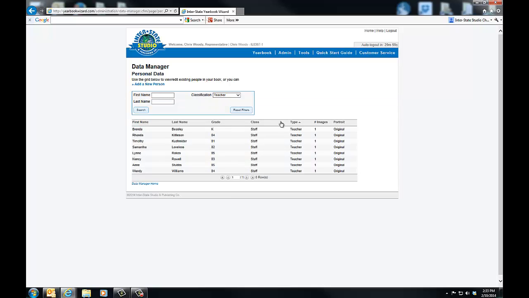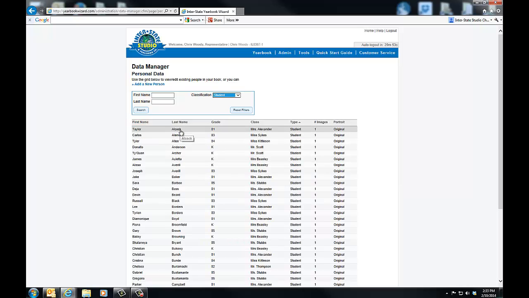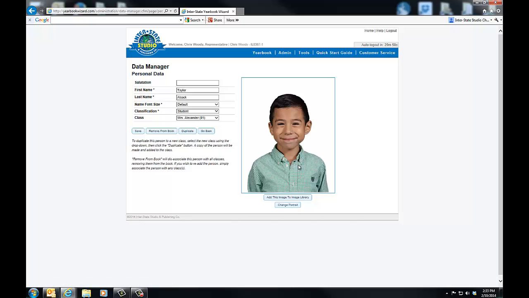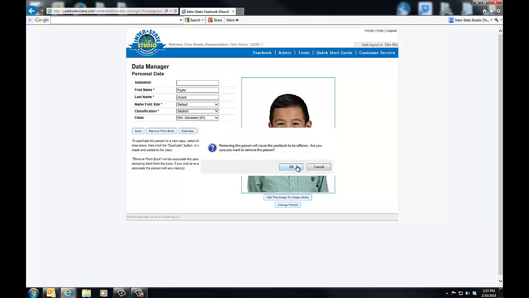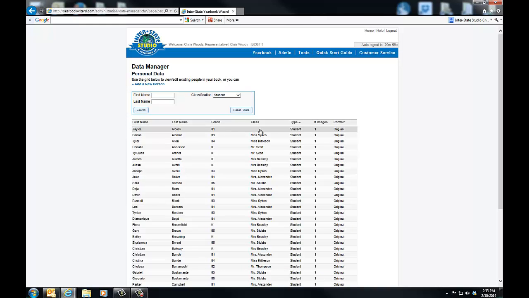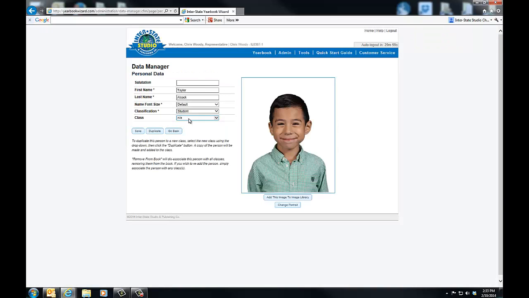Now let's say you have somebody who's no longer here. Let's go back here and let's just look at some students. And let's say Taylor Alcock here, let's say he moved to another school. He's no longer in this school. If I hit remove from book and hit OK, he is now no longer in Mrs. Alexander's class. So you'll see right here, class, nothing. So when I come in here, I'll notice the class is NA. He is no longer listed in my book,